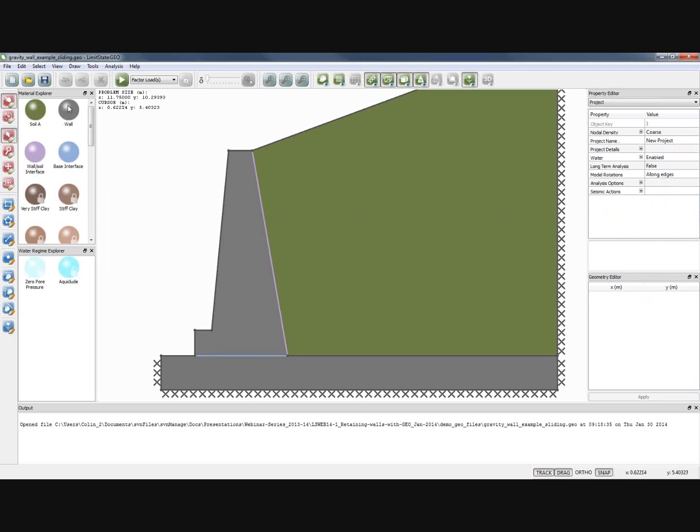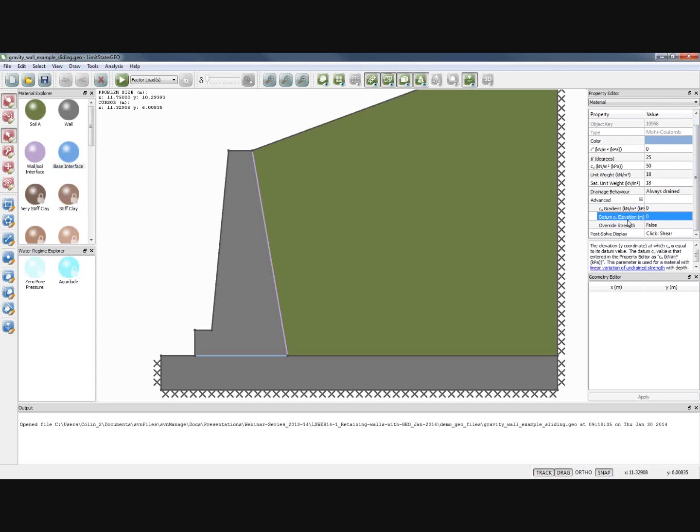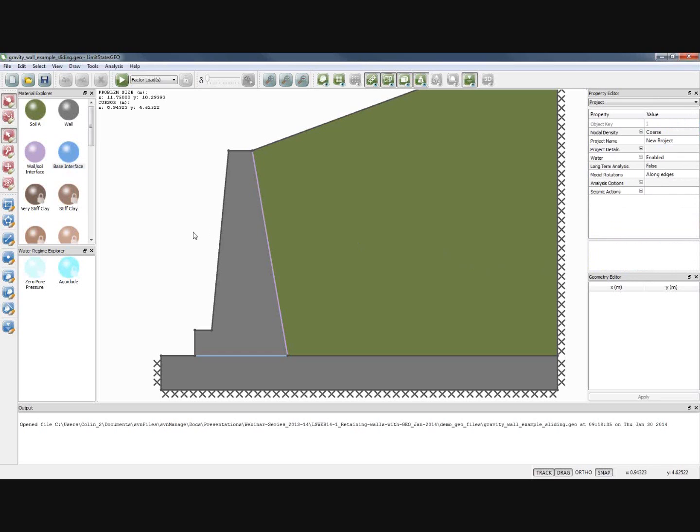These materials are all available in what we call a Material Explorer on the left, so we can find the same material, soil A, get its properties in the property editor. So anything you click on, its properties appear in the editor, and you can modify those. And we can model cohesion, friction, and also linear variation of cohesion with depth using these settings here. In terms of